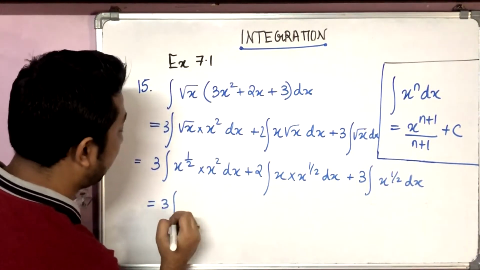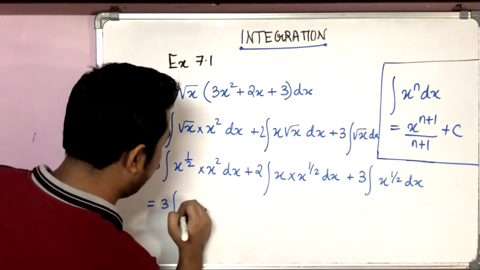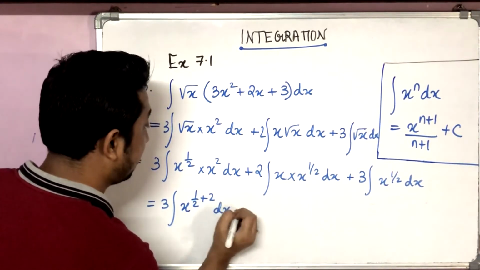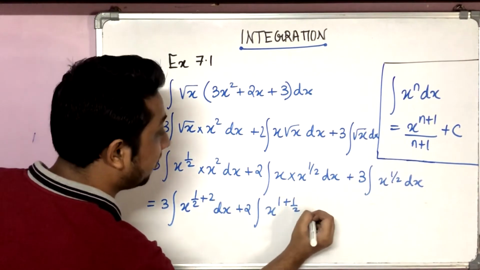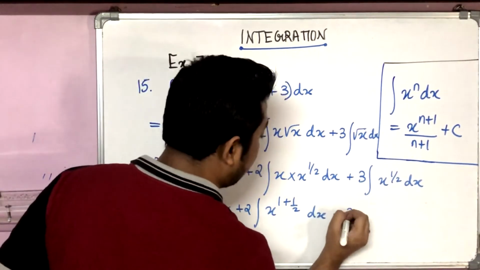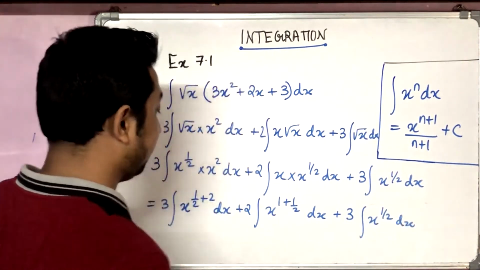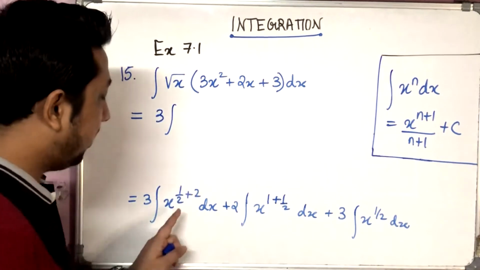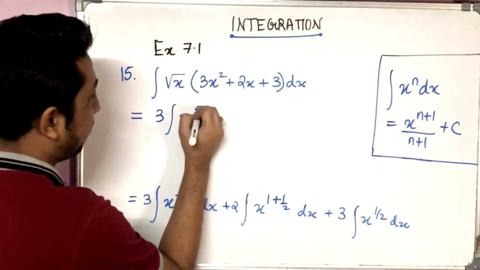This is nothing but 3 integral x to the power half plus 2 dx plus 2 integral x to the power 1 plus half dx plus 3 integral x to the power half dx. So अब आपको मिलेगा 3 integral x to the power half plus 2. Half plus 2 is equal to 5 by 2. So x to the power 5 by 2 dx